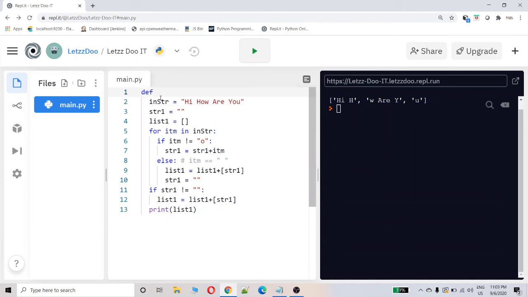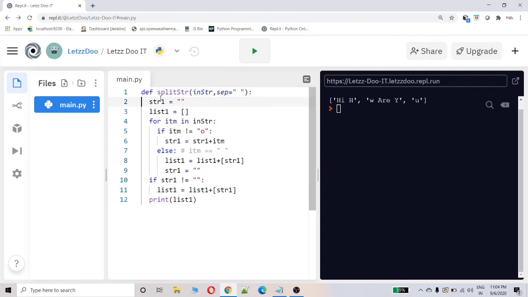Def split string, input string, separator. By default I am giving the space. And here I will keep the separator. Return list1.